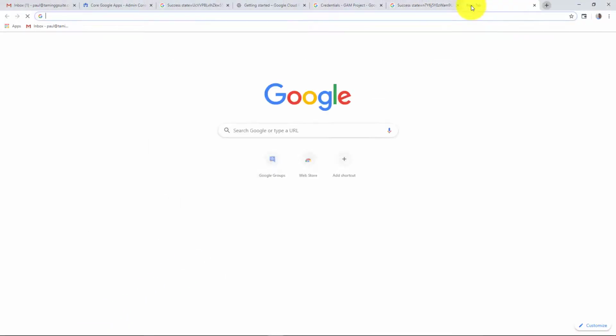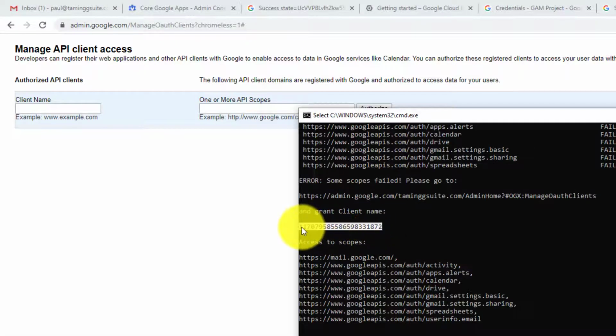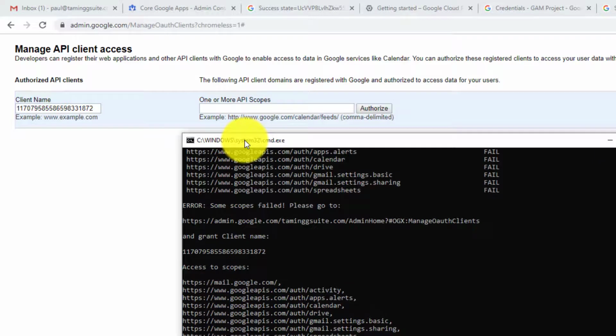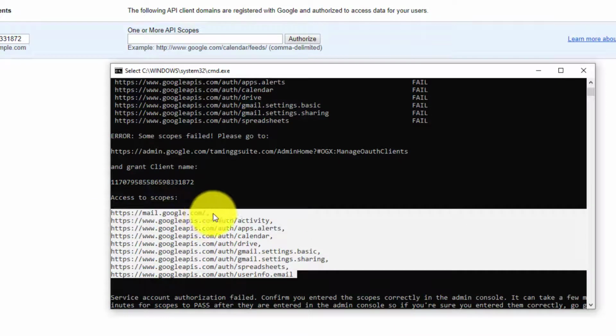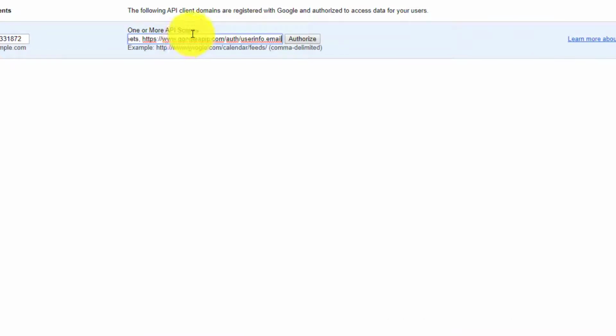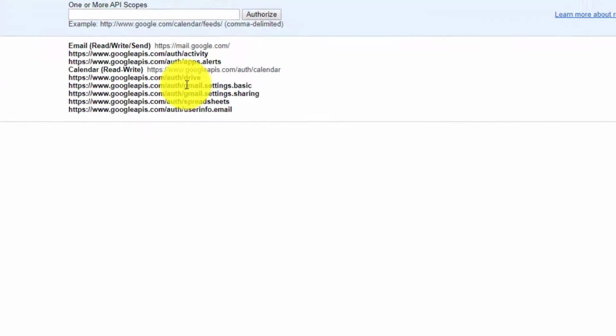Control C. Okay, so we're going to add the client name, which is this, and say copy, and paste it in there. And it says one or more API scopes. It needs to be separated by a comma. So if you highlight from there all the way to the top there, you see it's got commas between each of them. Control C, and I'm going to paste that in, and I'll say authorize. So what you'll see is that this API client, or this client name, has now been allowed to access these API scopes. So let's flip back, and it says,